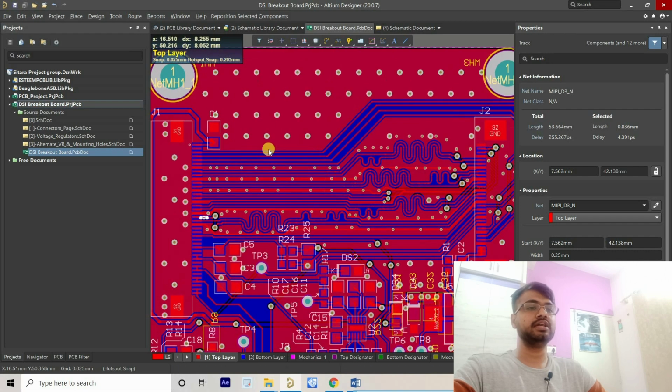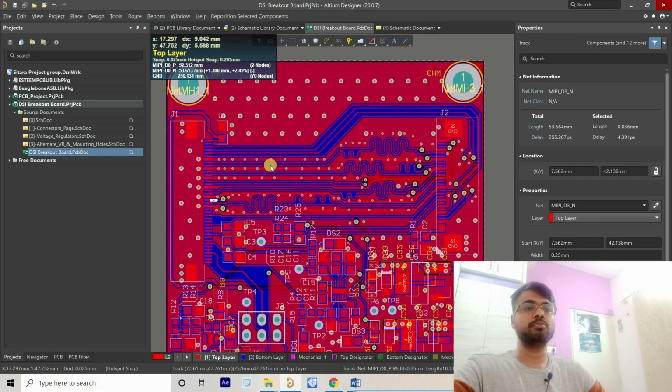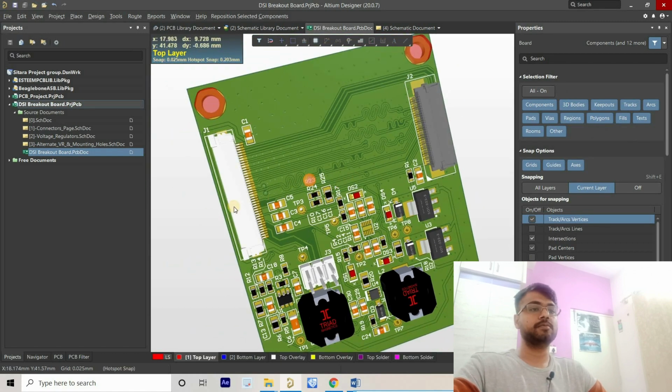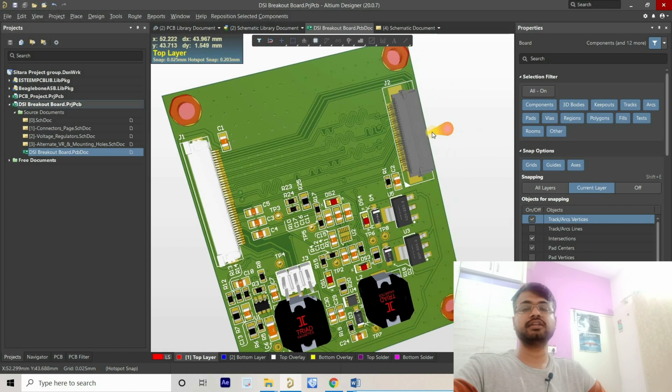So this board is basically a MIPI DSI breakout board. We are using this board to connect the display with the processor board. And if I press 3, you can see these are two FPC connectors, and on this end I will connect the display, on this end I will connect the processor, right? So these are basically high speed tracks, and they can go up to the 1.2 gigahertz range. So I have to design this board very carefully, considering all the factors like length, and there should not be any skew, or you can say time delay, between the clock and data signals, right?